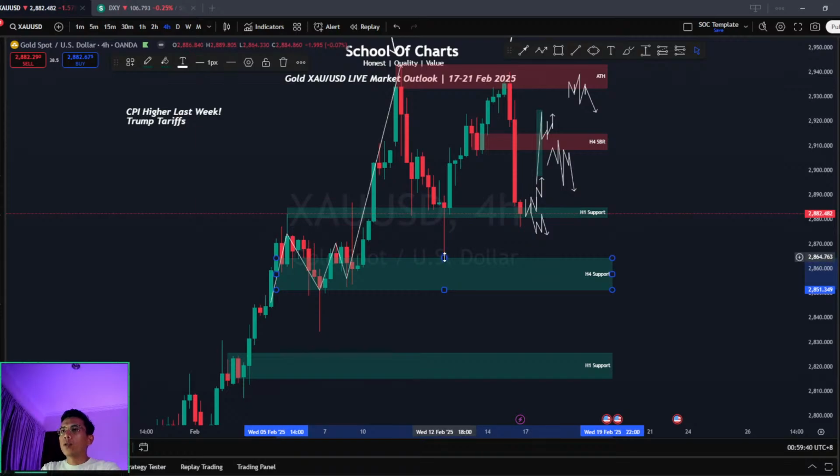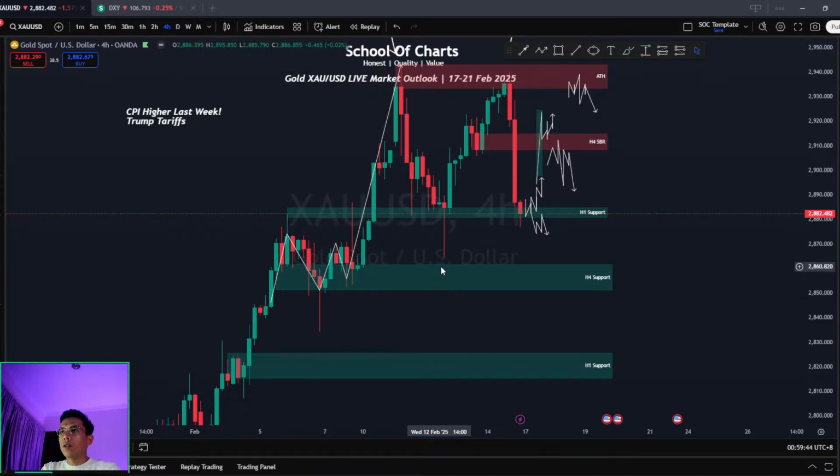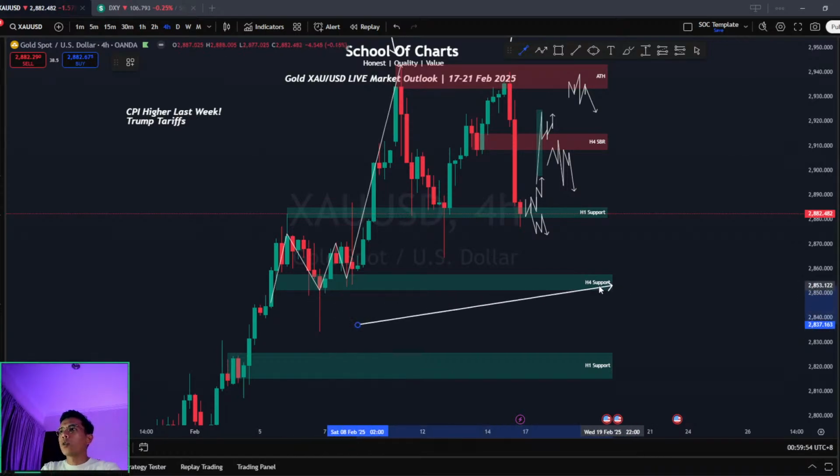If you want to look for the best entry, you can wait for the lowest price, maybe right here at the previous rejection on this week's and also this week's, and also the closing of this body candle after this rejection. So here is your next H4 support, the level that we will look for opportunities to buy